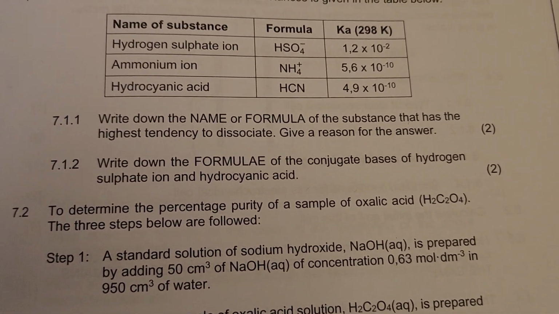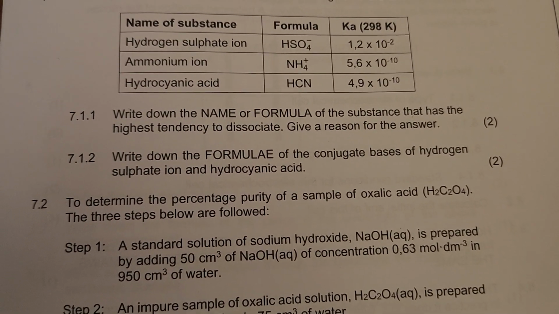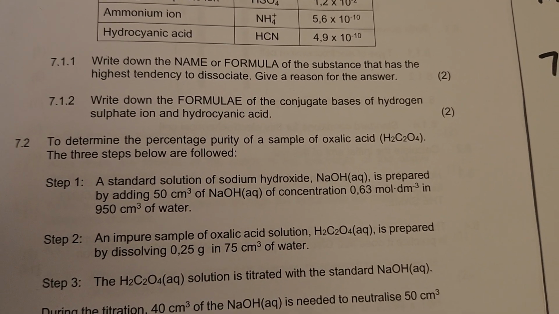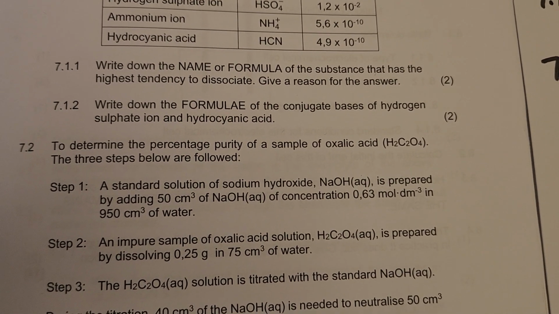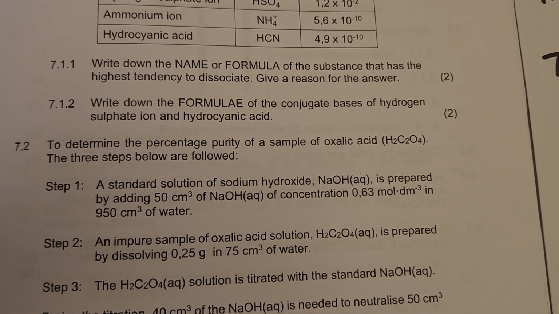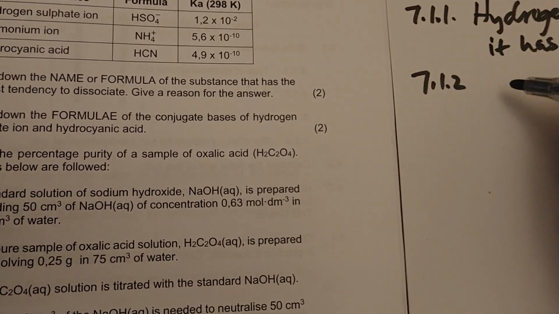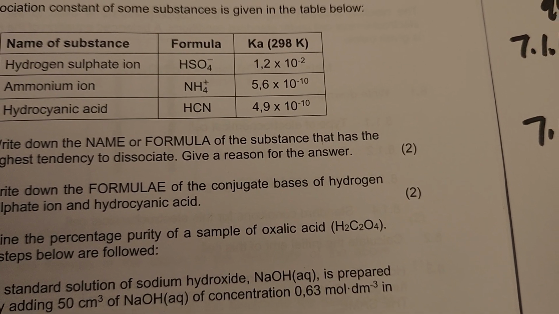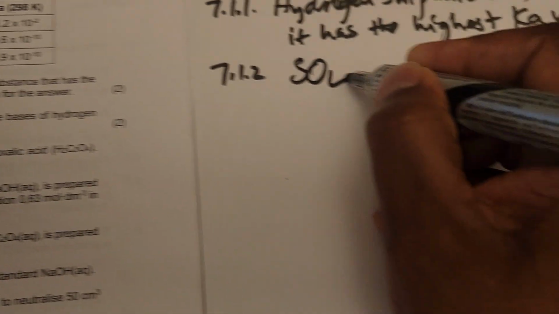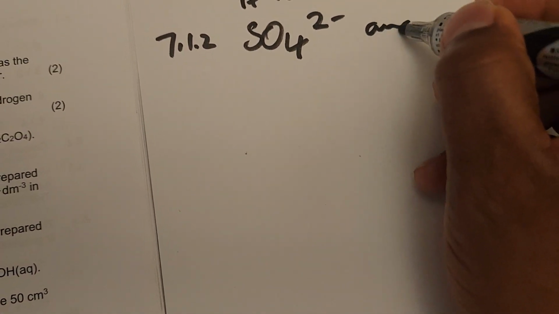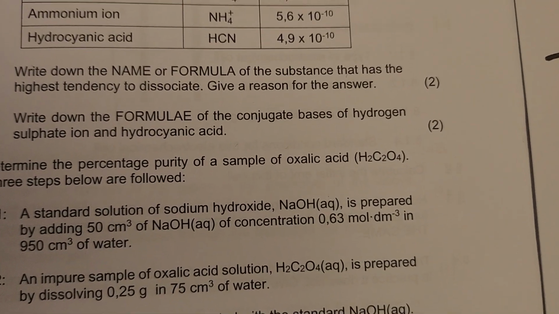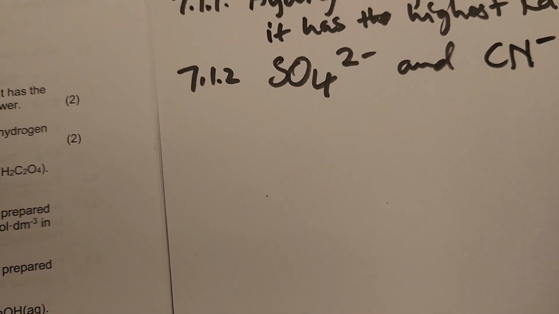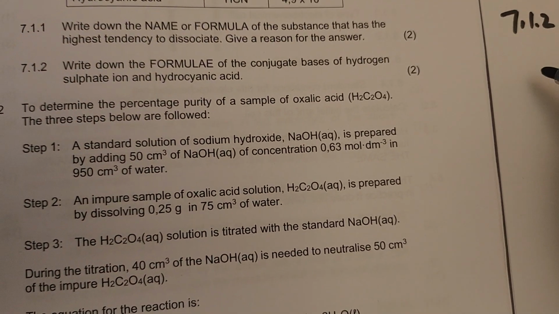That's the first question. The second question, that is 7.1.2, they say write down the formulae of the conjugate bases of hydrogen sulfate ion and hydrocyanic acid. Hydrogen sulfate ion, we know the conjugate base of it will be a sulfate ion, SO4 2-, and for the hydrocyanic acid it will be just 1 hydrogen less, which is CN-. Now we go to